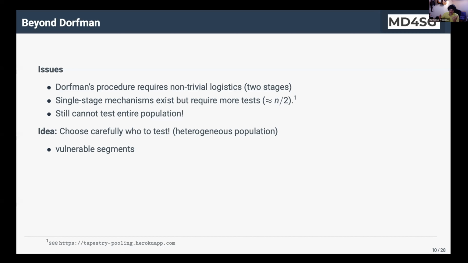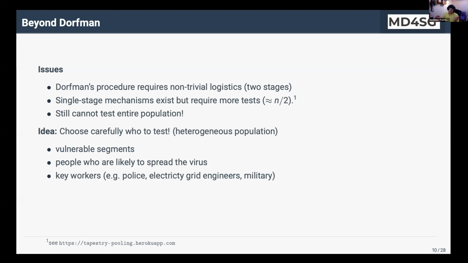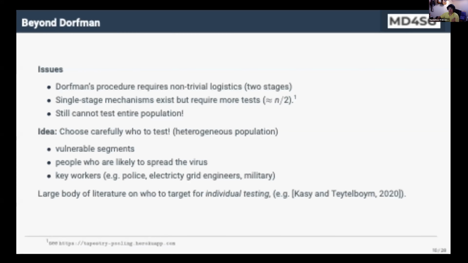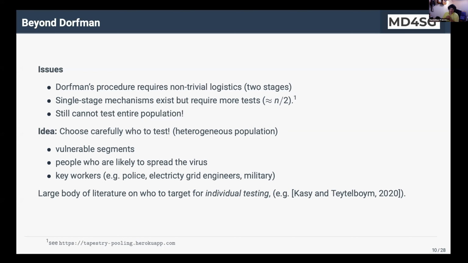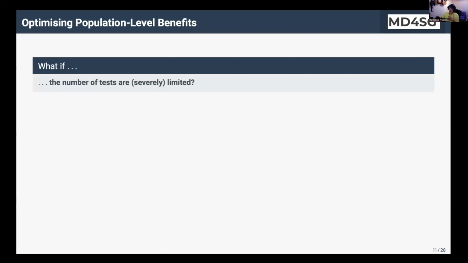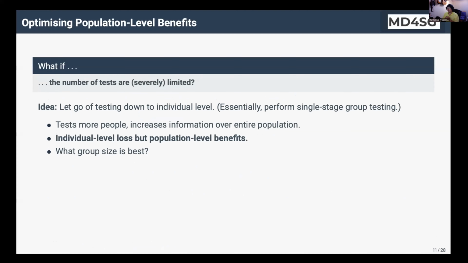So there are vulnerable segments of the population that are more affected by COVID. There are people who are likely to spread the virus. Perhaps we should allocate tests more to them so that they don't spread the virus. There are key workers who are necessary for society to function as is right now, and perhaps they need to be tested as well to make sure that these functions continue. And there is a large body of literature on these testing strategies with a heterogeneous population for individual tests. But again, we're looking at group testing, and again, if the number of tests is severely limited,